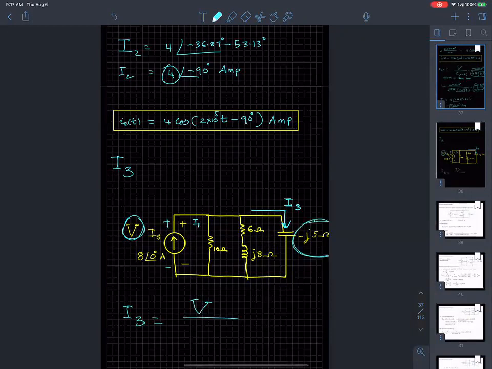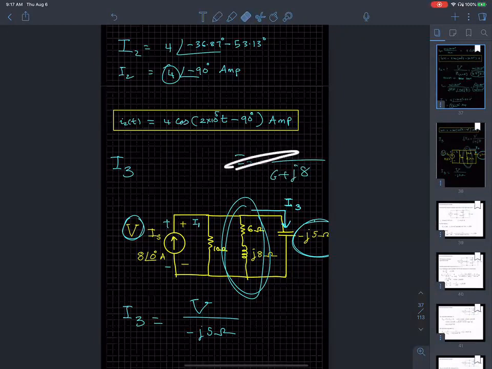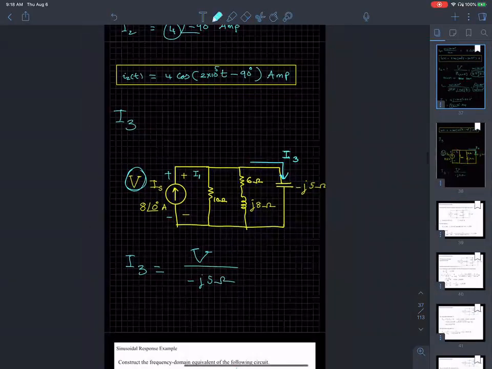by this impedance, negative J5 ohms. That's exactly what I did here. In order to find I2, I had to divide voltage by 6 plus J8 ohms. So this is what I'm going to do here as well, for the third branch. Now let's see if I can divide